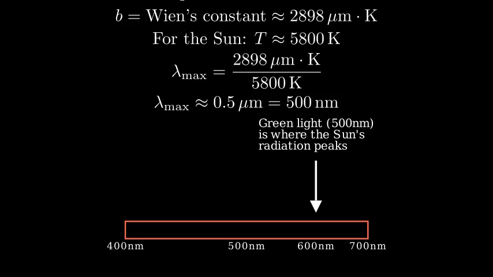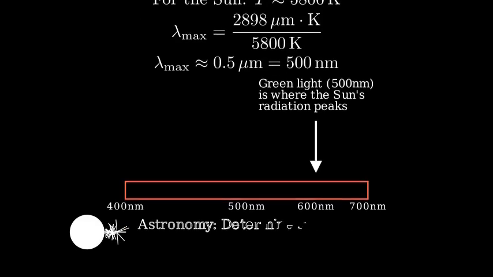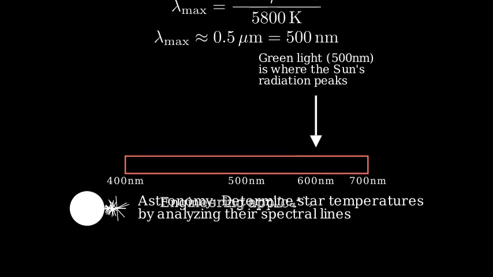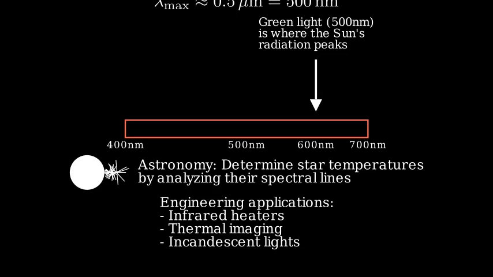Understanding blackbody radiation and Wien's law has many applications. In astronomy, scientists use these principles to determine the temperature of stars. By analyzing the spectrum of light from a star, they can identify the peak wavelength and calculate the star's surface temperature. In engineering, these concepts are used to design and optimize devices like infrared heaters, thermal imaging cameras, and incandescent